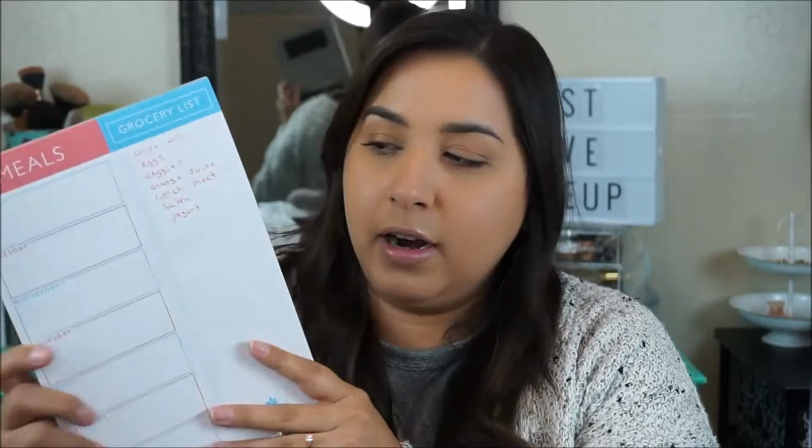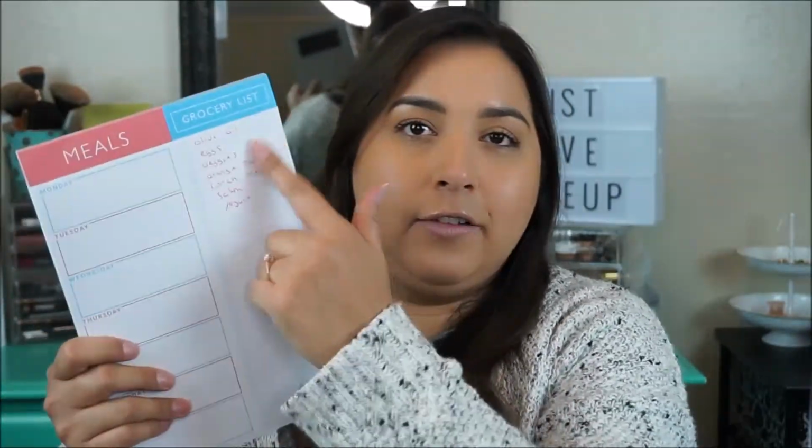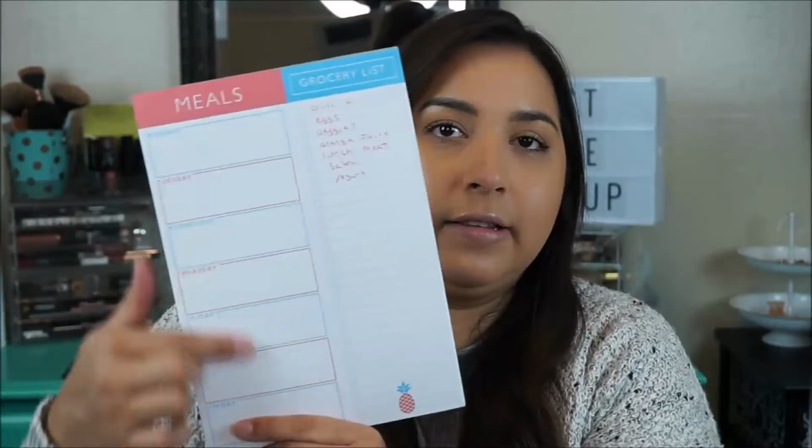And then last but not least, for now, I did get this grocery pad to put onto our fridge. It has magnets on the back. It has a meal plan on one side. I don't know if you guys will be able to see it because it's white, but it has a meal plan on one side and a grocery list on the other. And we already have some stuff written on here for groceries, but they have little boxes that you can check off. And then you can put your meals Monday through Sunday,